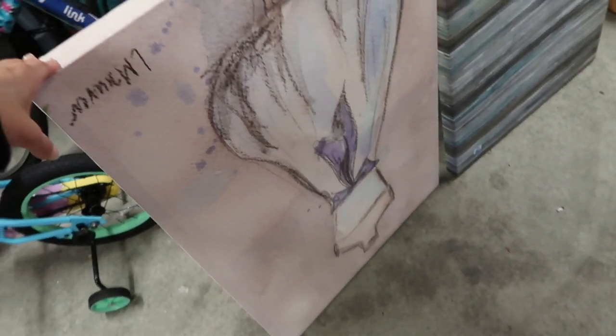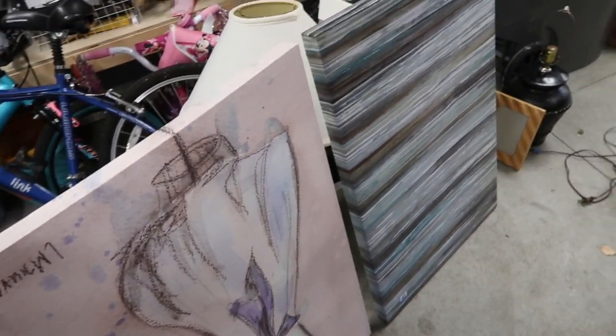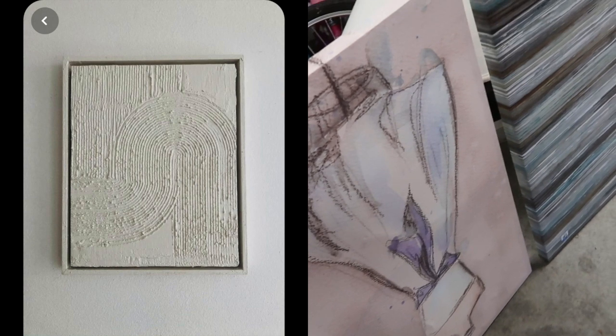Okay, lastly, these are both hideous as they are now, but I got these at Goodwill, and they didn't go together, but they just happened to be the exact same size canvas, which I just got really lucky with, because I feel like it's really hard to find 2 of the exact same size canvases together at a thrift store. And again, I've said this so many times, but I'm gonna put the inspo pic on the screen here to show you guys what I'm going for. I'm gonna do kind of like a texture on it, and here's what they look like right now. They are actually pretty big. This one's upside down. They're actually pretty big, but they're the exact same size, and I just think side by side on a wall that it's going to look absolutely amazing,